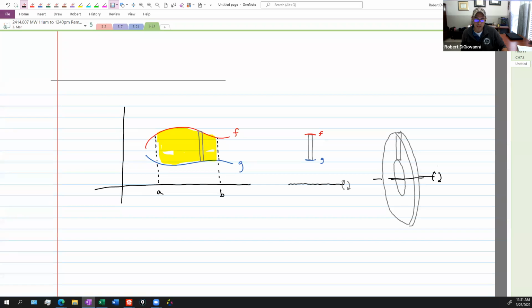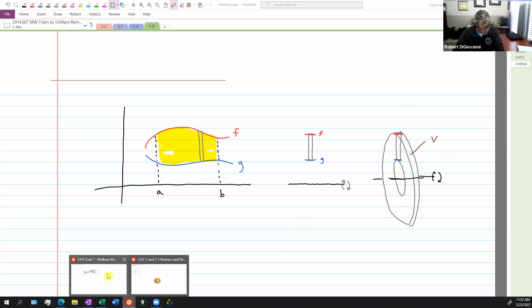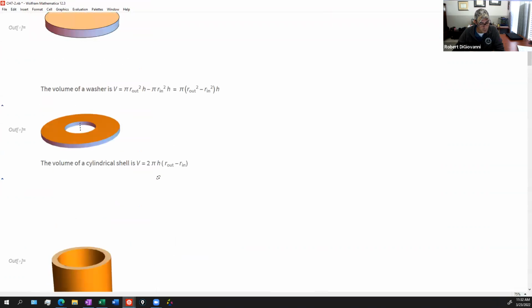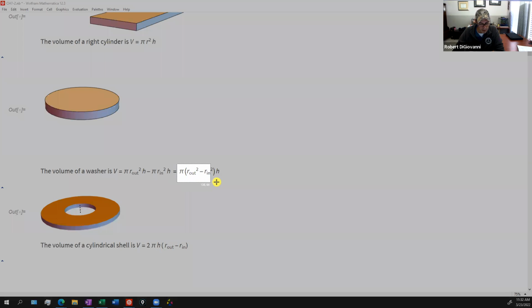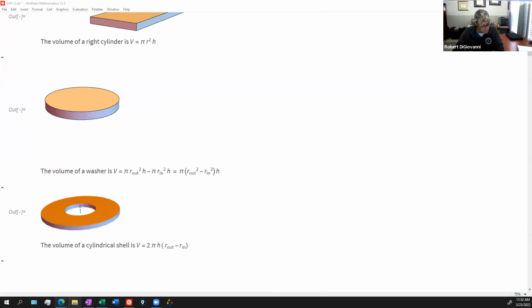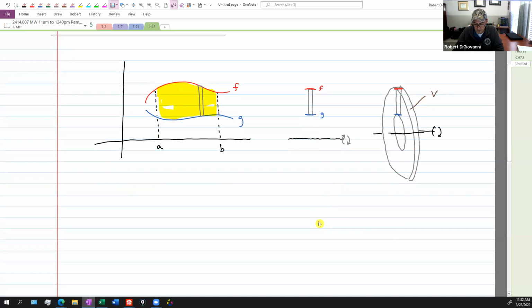So what is the volume of that? That would be the question. Can you come up with a formula for the volume of that one little piece? Just that one little piece. Remember, the bottom function is the blue one. The top one is the red one, right? So if we go back to the note I started class with, right here, this volume of the washer. I had this version right here. If I slap that here,